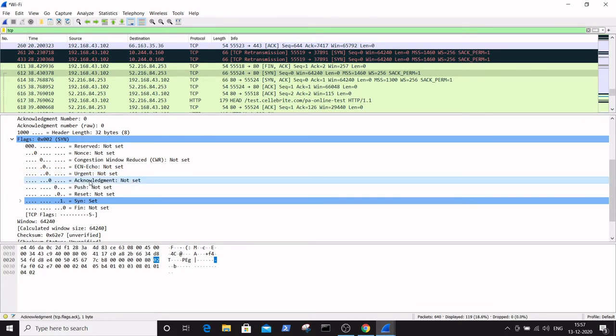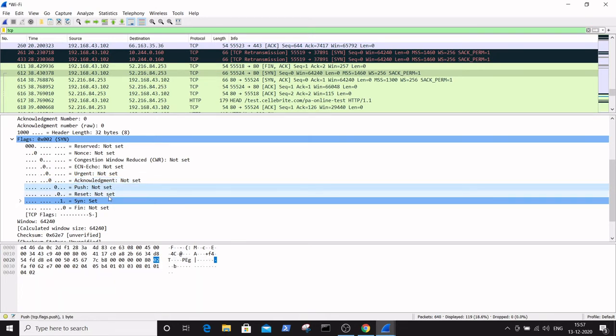Acknowledgement is also not set, as the connection establishment goes only from the client to the server, and is started with the SYN flag. So acknowledgement, push, reset, all these flags are not set.